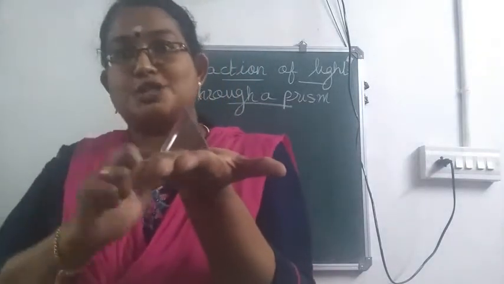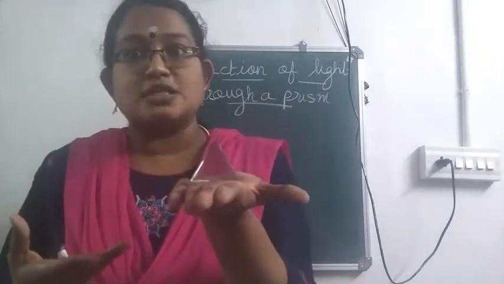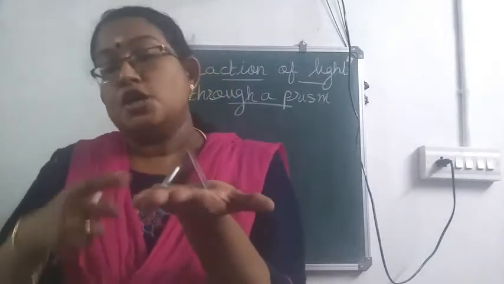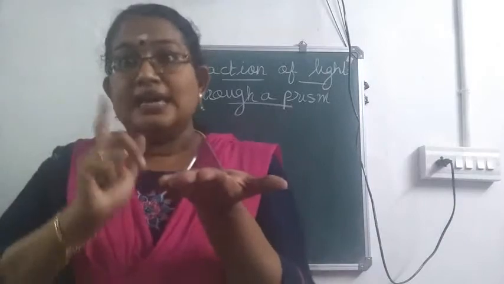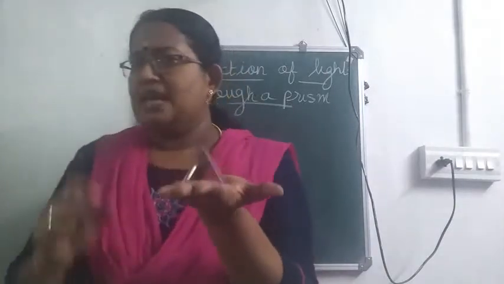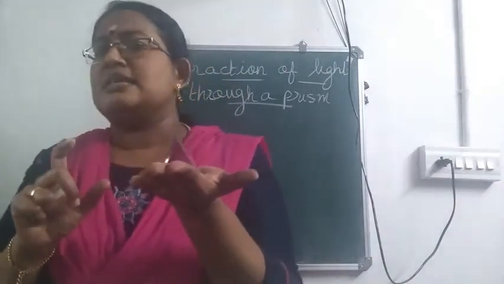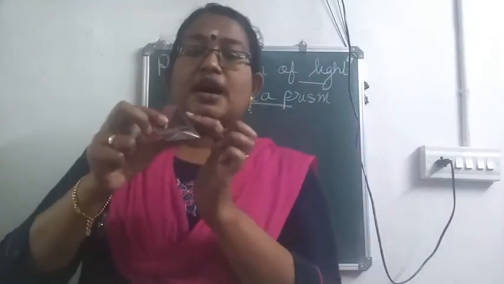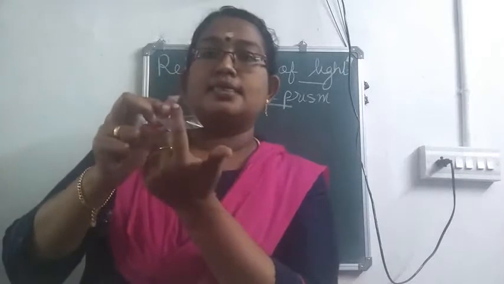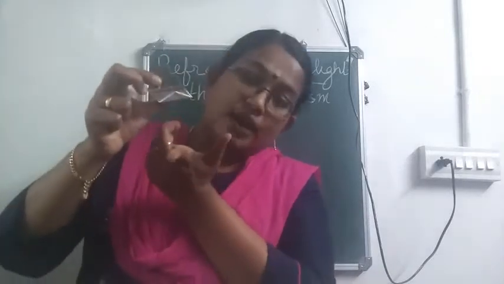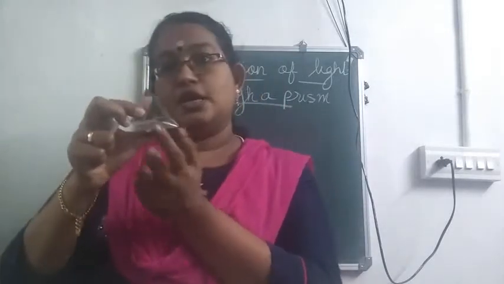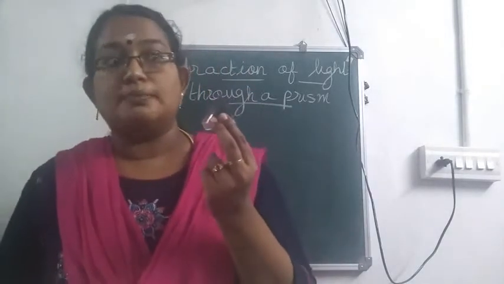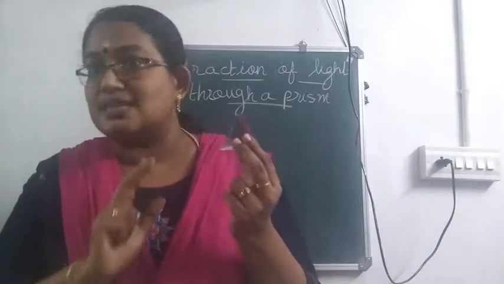So it is a transparent medium. If it is a transparent medium, then only refraction of light takes place, isn't it? So first part is okay. It is a transparent medium. Then I told you it has 5 plane surfaces. 1, 2, 3, then backside 4 and down it is 5. So it is a transparent medium bounded by 5 plane surfaces.